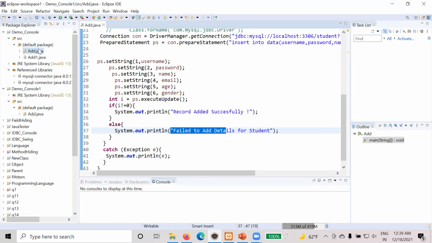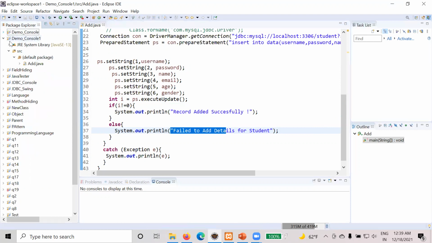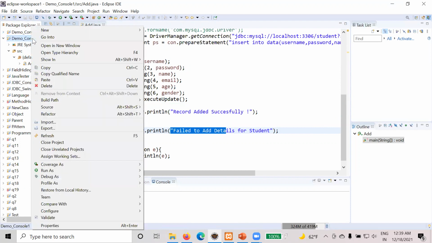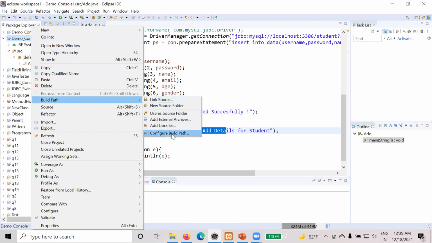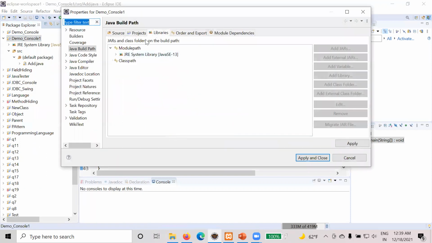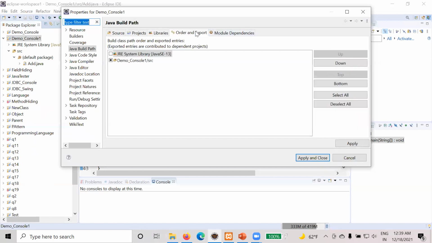Next important point is that we have already downloaded the MySQL connector. So how to import and build it? Go to your project, right click, go to the build path option, then configure build path. Now there are different tabs available.